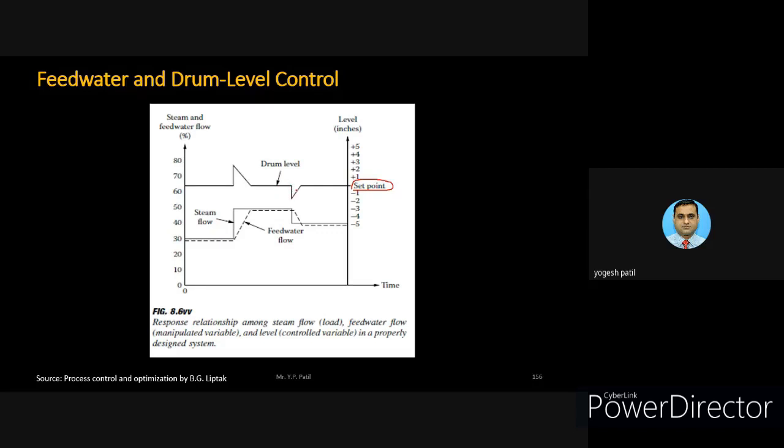This increasing and reducing action is because of the shrinking and swelling effect in the boiler. This shrinking and swelling effect is very common in boilers. So what is this shrinking and swelling effect? We have to maintain the drum water level, which is the water inside the drum. If this drum water level rises, as can be seen here, we can say that the swelling effect happens. And here you can find that the drum water level suddenly falls. So when this drum water level falls, we can say that this is the effect of shrinking in the boiler.